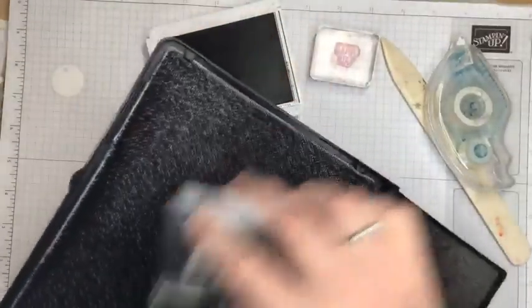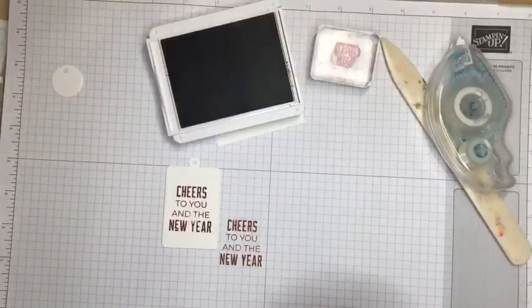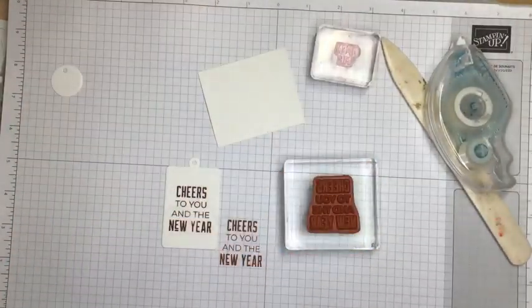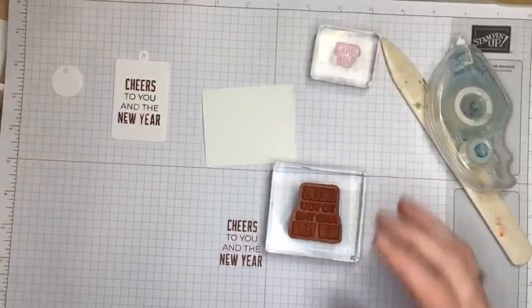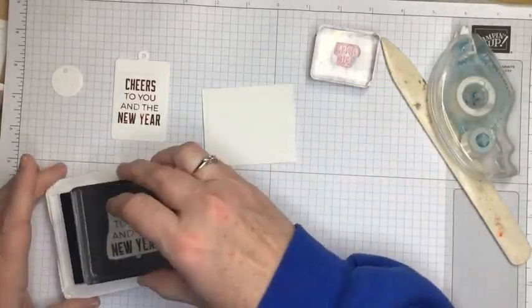I like using the Stampin' Scrub. I do have a chamois. I like using that too, but I have to say I use them for different reasons. And I'm going to take the same sending you Cheers to You in the New Year,